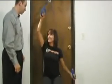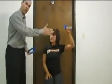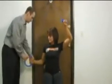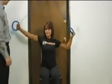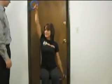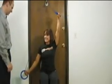Yes. Okay, great. And another version of this is that we can do the same thing. Instead of coming to the front, we'll actually go to the side. Technically that's called abduction. So feels okay? Yep. Not too challenging. Not too bad, which is good. And now we'll flip it over